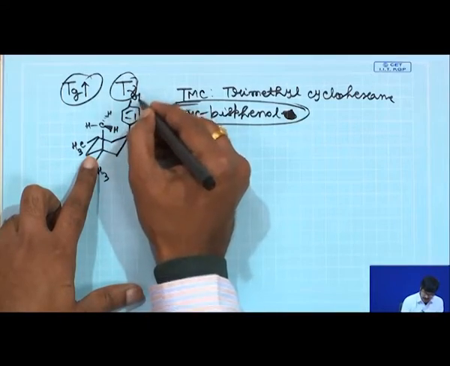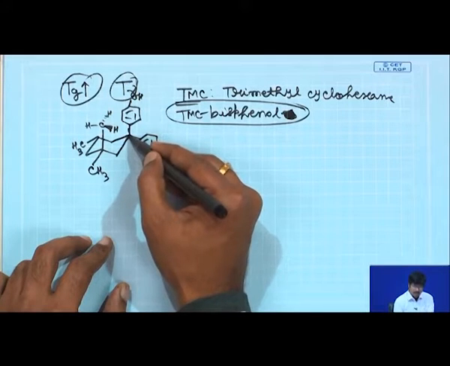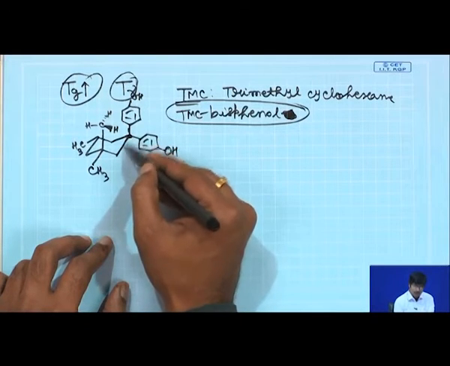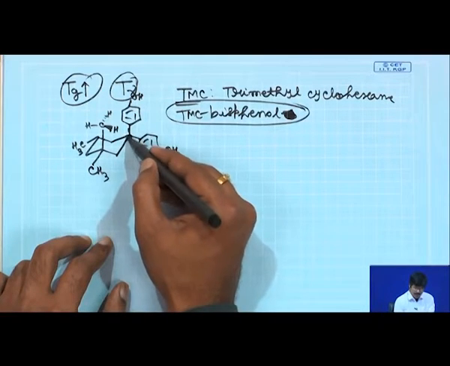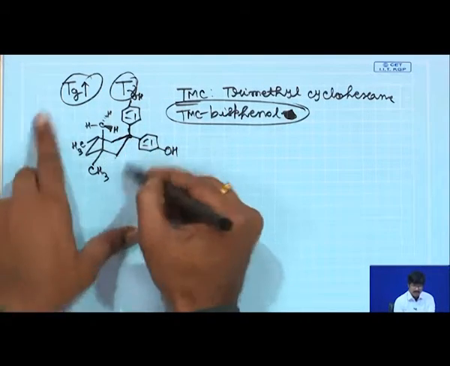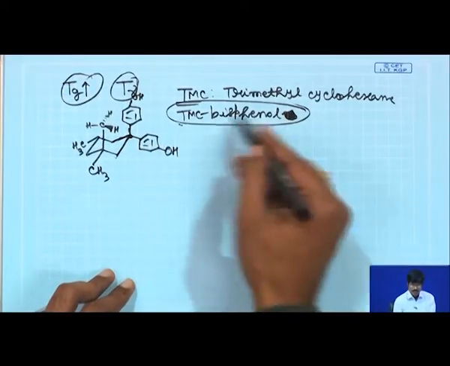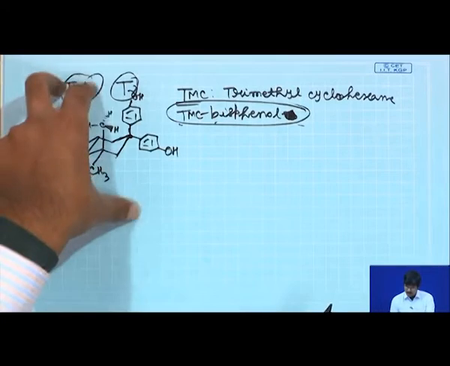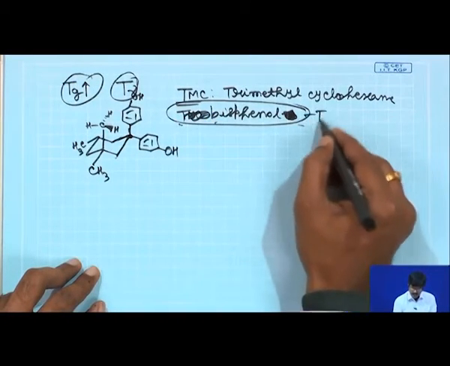So, here you have OH. So, in bisphenol A, at this carbon, this tetrasubstituted carbon, you had 2 methyl groups. Instead of 2 methyl groups, you have now substituted those 2 methyl groups with 2 arms of a cyclohexane ring, that is all. So, this is bisphenol trimethyl cyclohexane basically. So, this particular molecule is bisphenol trimethyl cyclohexane.